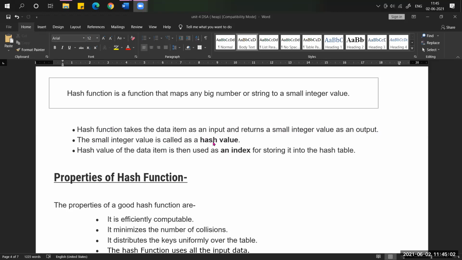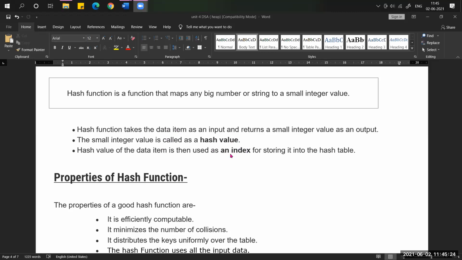This hash value of the data item is used as an index. Why should we use this index? Based on this index we are going to store the data item in the hash table.